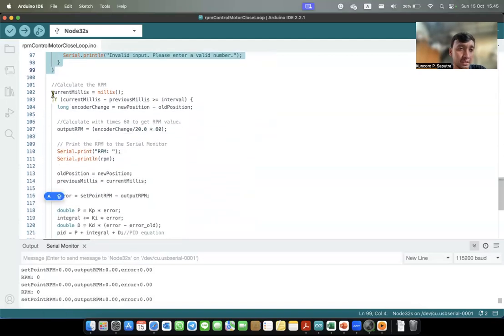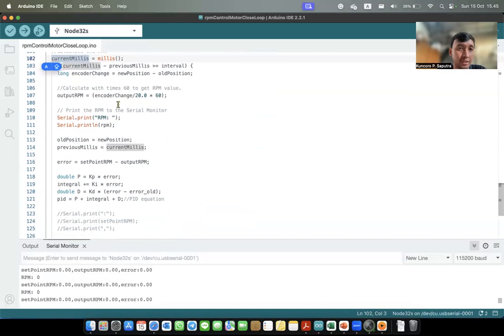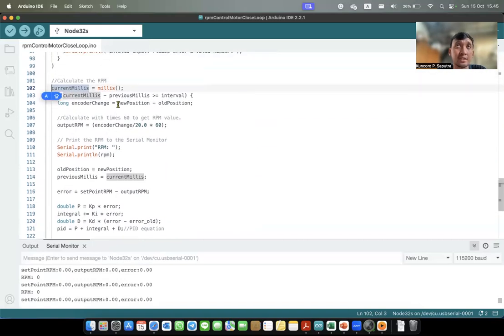After that, we can calculate the RPM in an interval of 1 second. So after we input our desired RPM, we should know the RPM output from the motor.